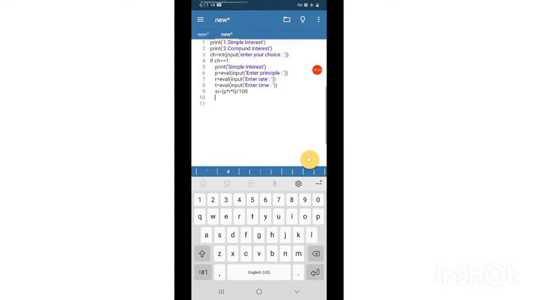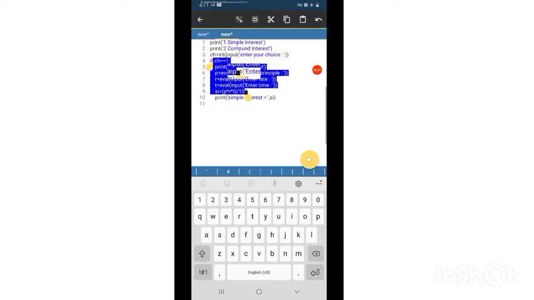So then we have to print SI in single quotes, simple interest is equal to, comma SI. Now the same code we can copy for compound interest also, only the difference is the formula.